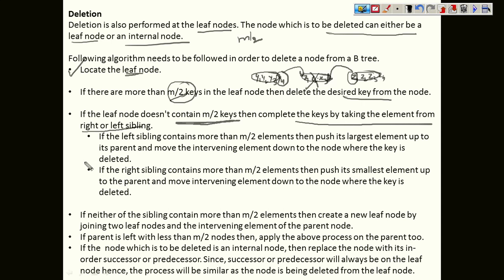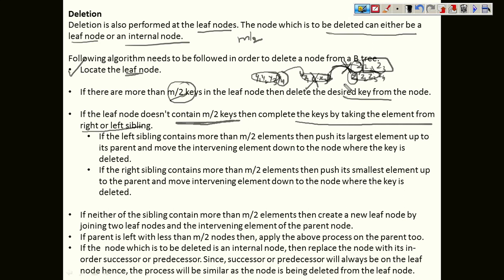Okay, so if the left sibling contains more than m by 2 elements, again when we are saying that we will pick the values from here, you have to make sure that before you delete or shift any element, this node does not violate the property. It must contain the minimum requirement. Let's say this node is also containing only three values, z1, z2, z3, and if you pick any key value and shift it here, then this will again have less than three values. So this is not actually allowed.